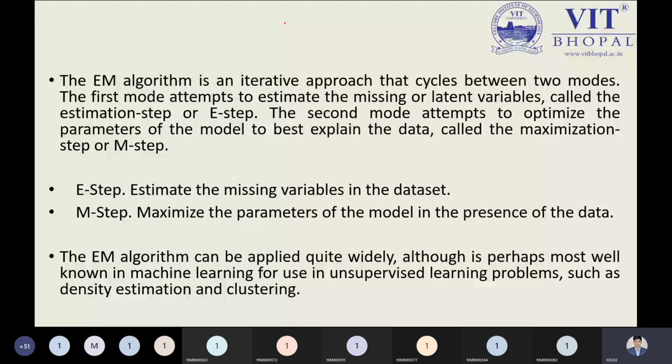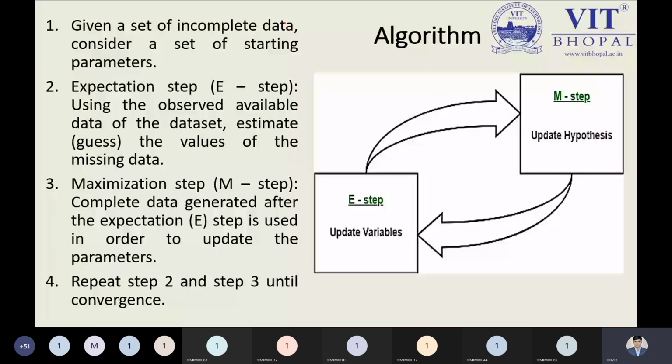Now let us understand these steps with the graph above. This is a four-line algorithm only, nothing else. We have the EM algorithm, and it is defined by only four statements. Now look at the E step, which updates some variables, and the M step, which updates the hypothesis. Given a set of incomplete data, consider a set of starting parameters. We need to decide some parameters,